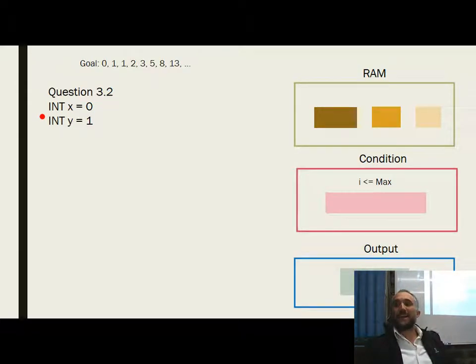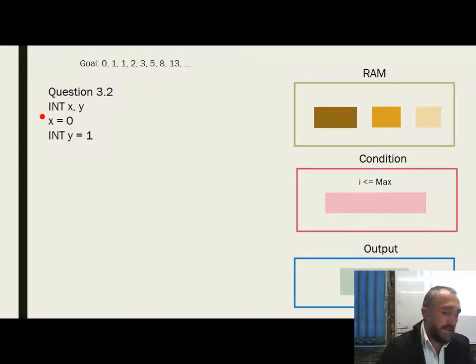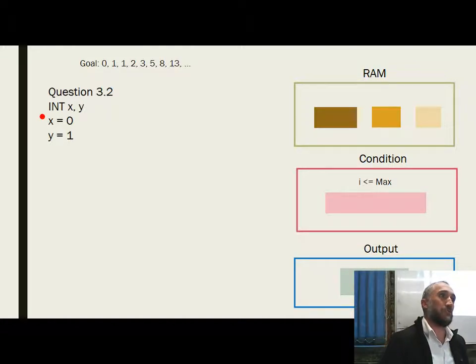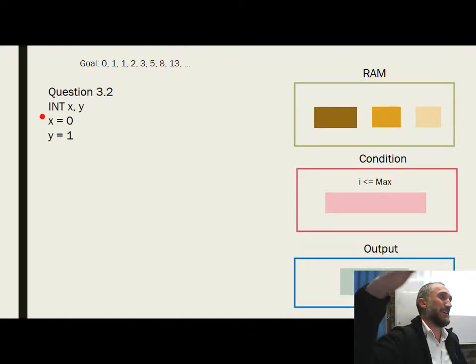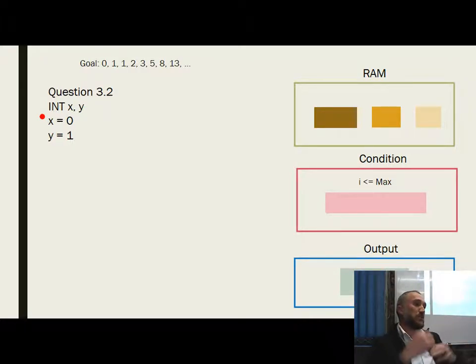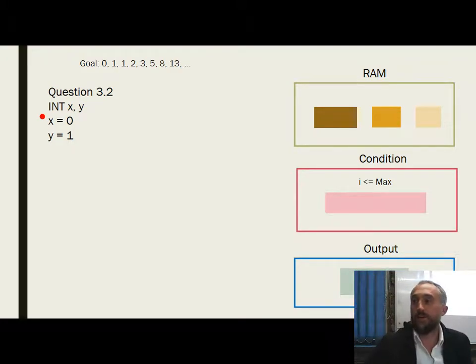You can declare and initialize on the same line. I do hear you saying that we should go x comma y, and then we go x is equal to that, so we declare and initialize separately. I must be honest, you start to become a bit lazier as you start programming, because you tend to just do everything on one line. But it's the same, but it's logically a good idea to separate the concept of declaring and initializing. Okay, so x is equal to 0, y is equal to 1,